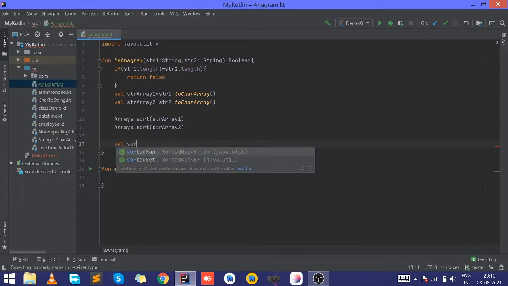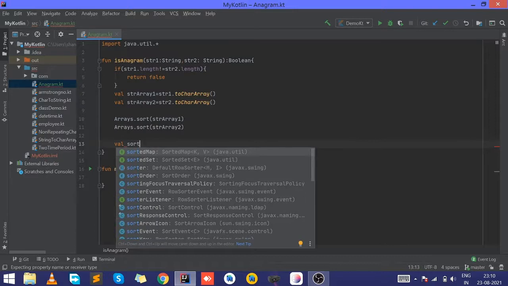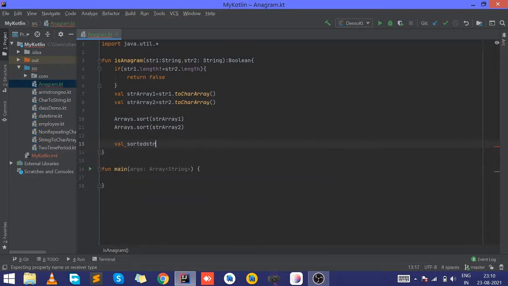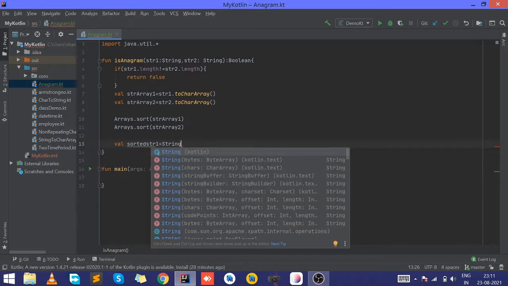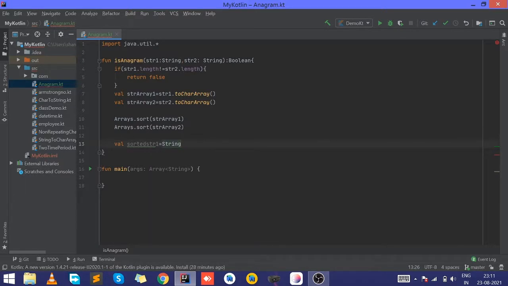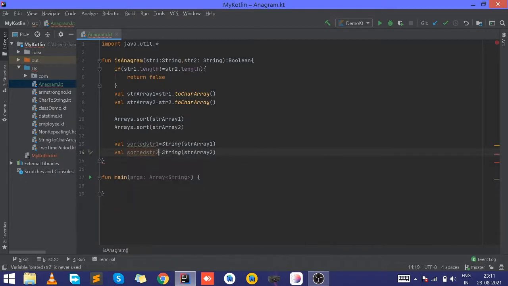So we make sortedString1, which is given as the string value of strArray1. Similarly, sortedString2 is the string value of strArray2.